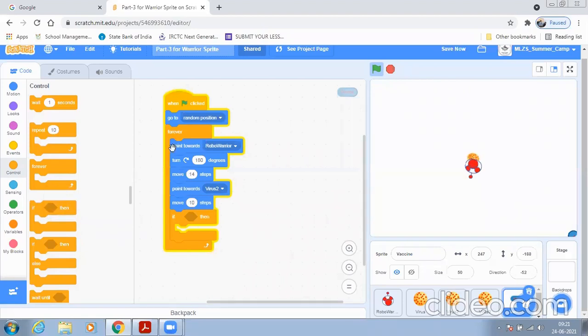So the if block. Now what I have to do here: if the vaccine will touch the robo barrier,